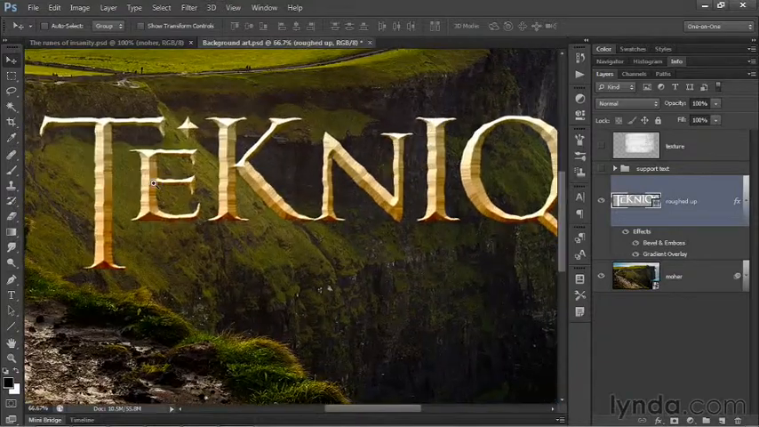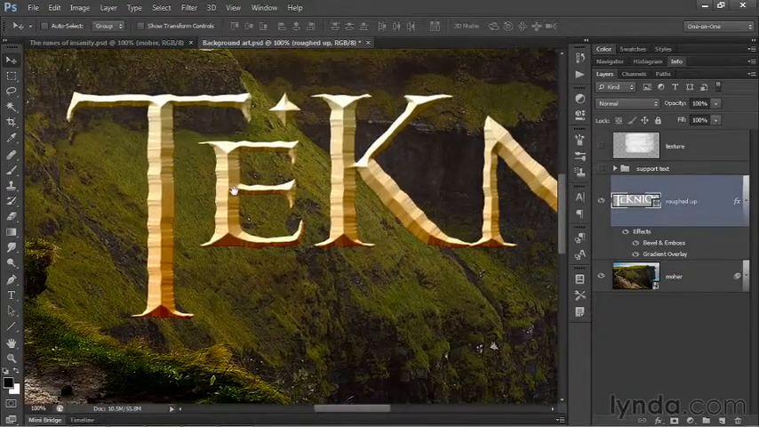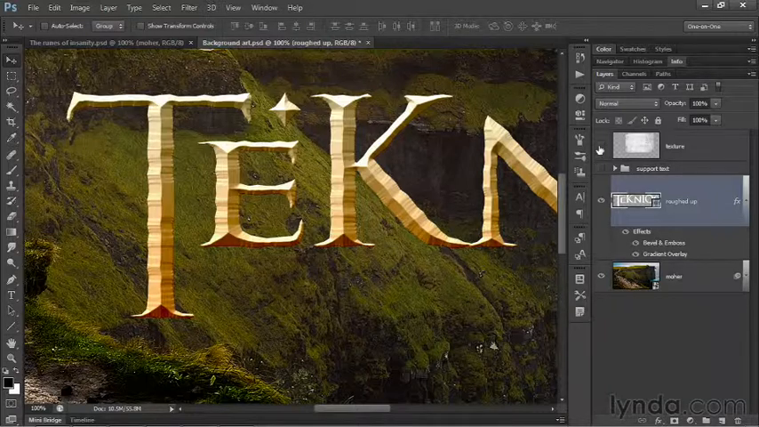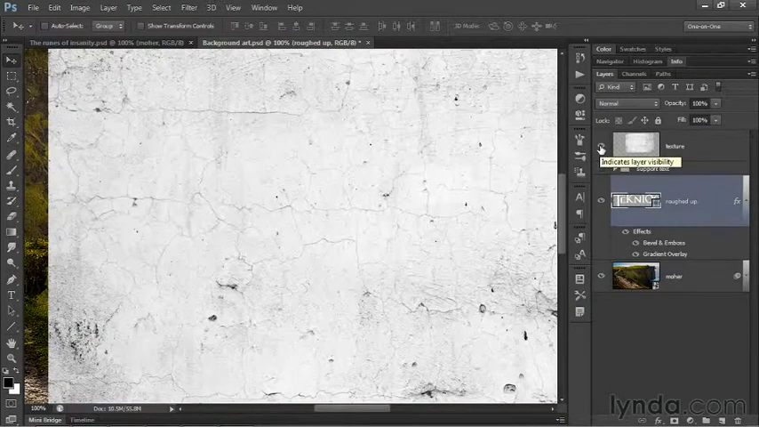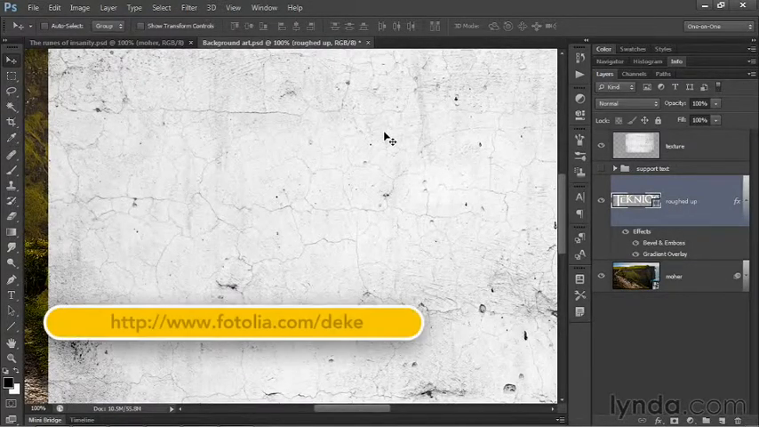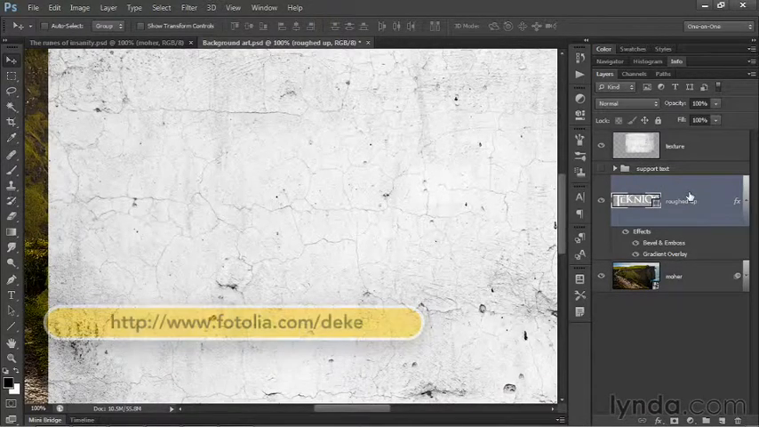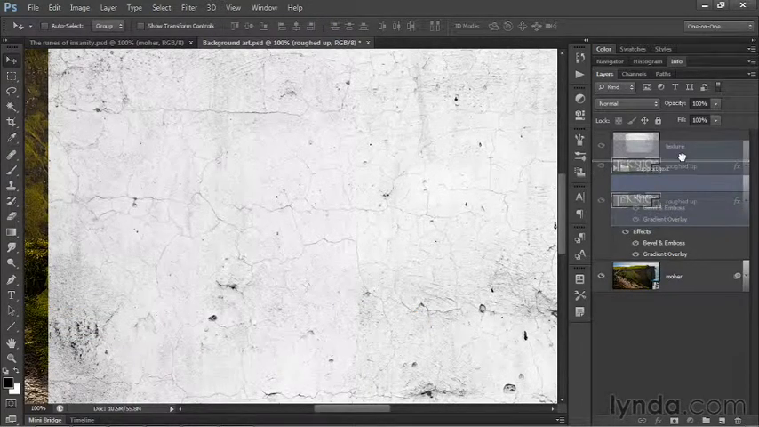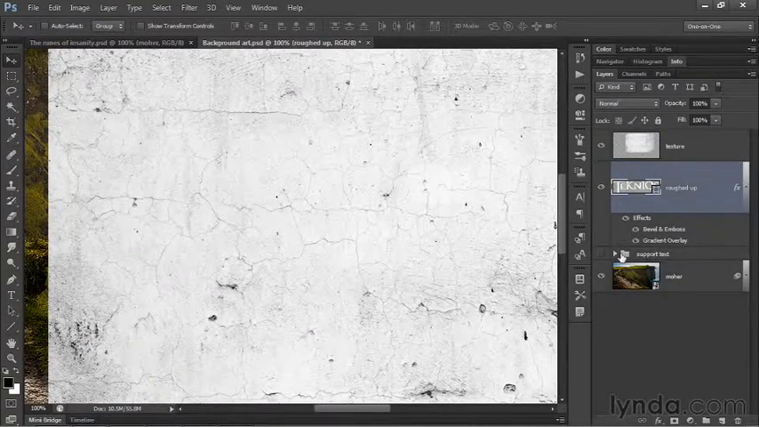Now I'm going to zoom in so we can better see the results of the next steps. We need to add a little bit of texture to these letters. So I've added this layer of texture at the top of the stack. And this image comes to us from the Fotolia image library, about which you can learn more at fotolia.com/deek. We want to put the texture inside the letters. So I need to drag that roughed up layer to above the support text group